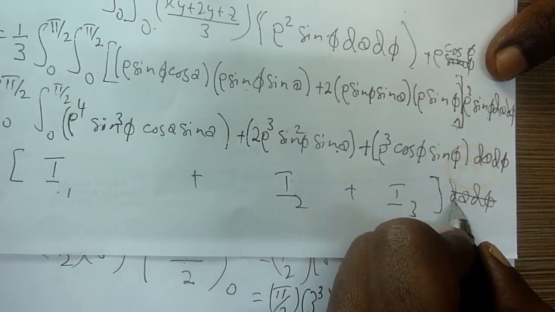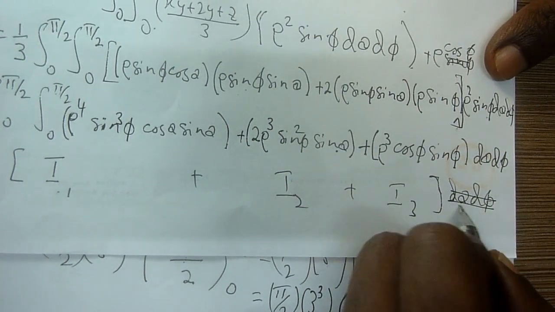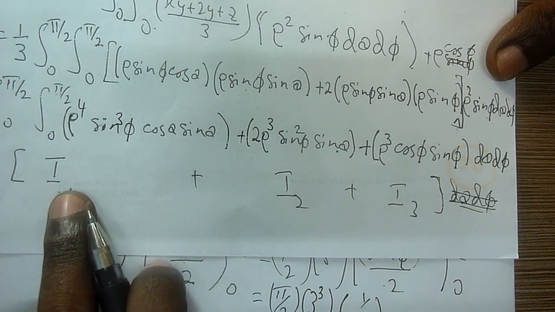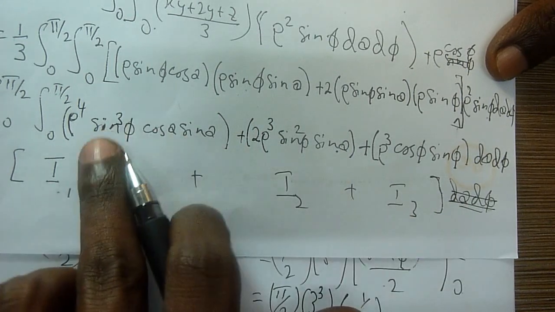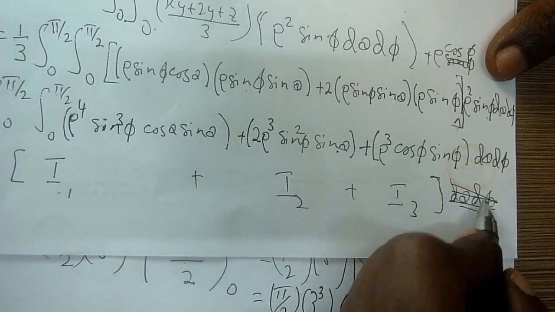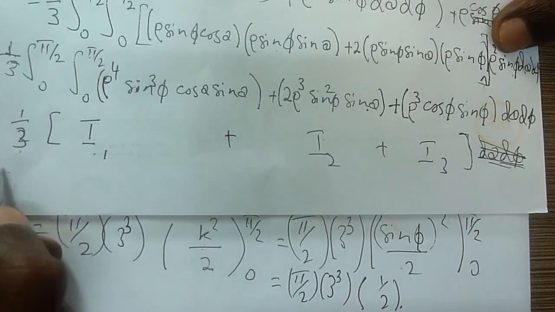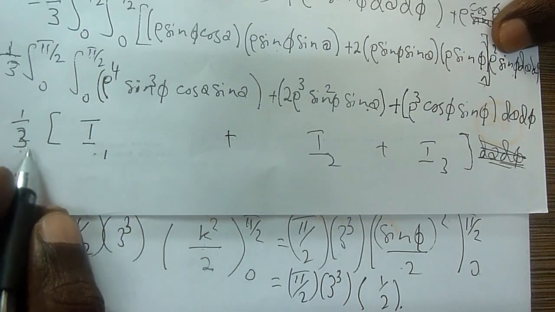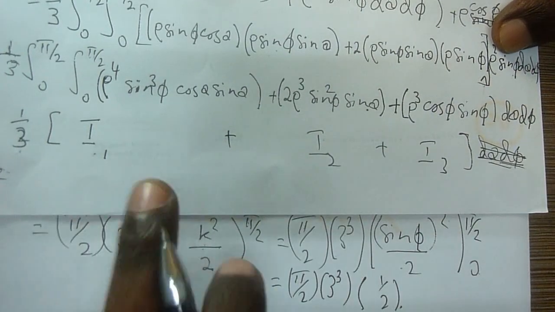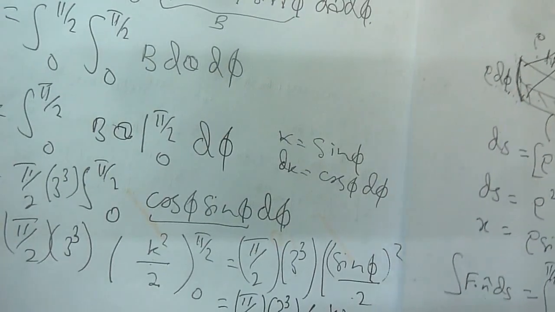Okay, you don't need to go for this anymore. Then you just take 1 over 3 of I1, I2, I3. Because you already solved this, we don't need this. Then you can solve the whole thing by 1 over 3, then done. Okay, solution done. Although it's taking too long, this is a very important step,